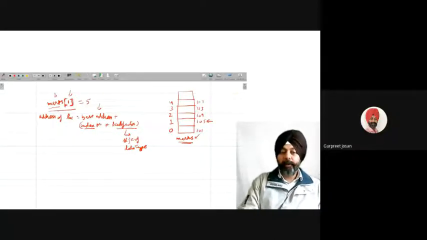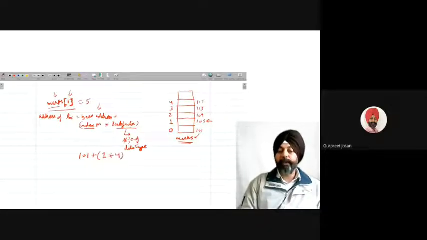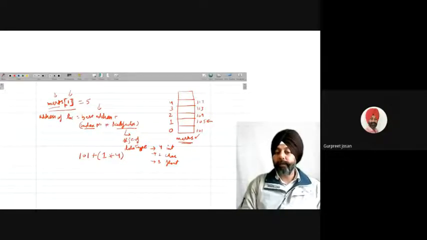So this address of marks[1], how is it calculated? Base address 101 plus index number 1 multiplied by scale factor. It is 4 in case of integer, 2 for character, 8 for float, and so on. Whatever the size of the data type, accordingly your scale factor will change. Using the index number, base address, and scale factor, the computer will calculate the actual address. So that comes out to be 101 plus 4, which is equal to 105.